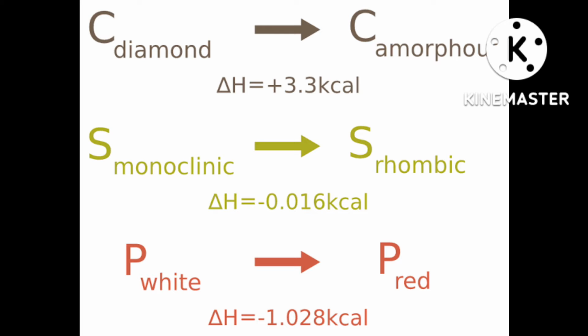At 25 degrees and at 1 bar, the element will be in its most stable state. You should keep this in mind. The reference state of an element is its most stable state of aggregation at 25 degrees centigrade and 1 bar